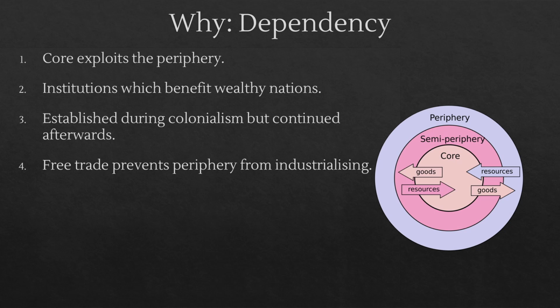Formal colonialism doesn't exist anymore, but it's sort of been perpetuated afterwards through global institutions and other norms that have been enforced at the global level. An example is the idea that free trade, so liberalized international trade, benefits the core essentially because it prevents the periphery from industrializing, kind of traps them into producing relatively, you can see the graph here. The idea is that resources like raw materials go from the periphery to the core, and produced goods go from the core to the periphery.